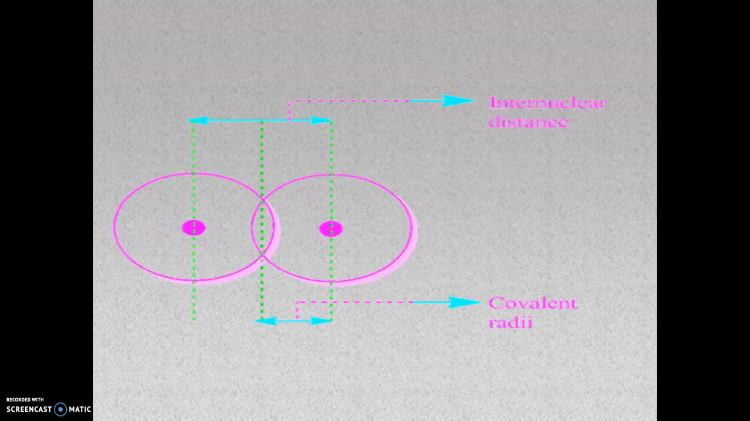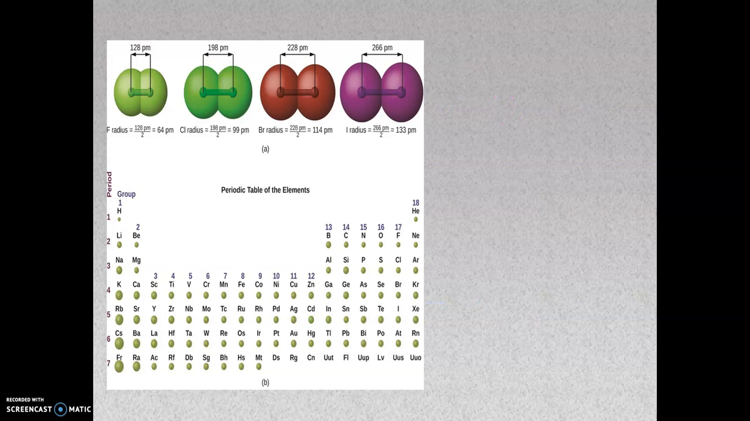For example, you can see the covalent radius. Here you can see the two nuclei, the pink circles; in the middle you can see a pink circle, isn't it? That is the nucleus. So here you can see the internuclear distance. If we take half of the internuclear distance, we can find the covalent radius. So if you check here, these are group 17 elements: fluorine, chlorine, bromine, iodine, isn't it? If we check down the group, the atomic radius is